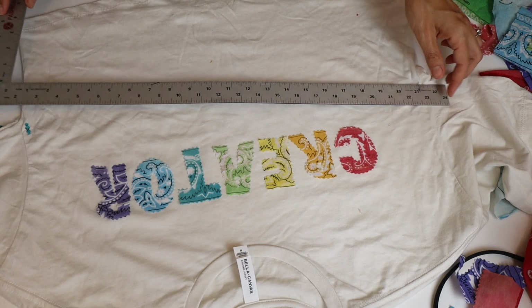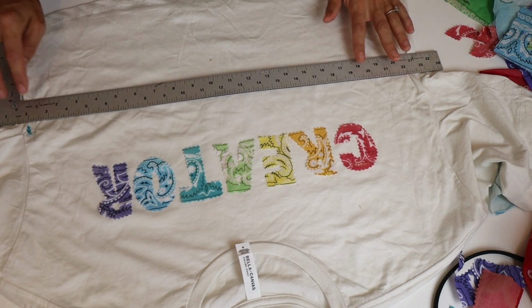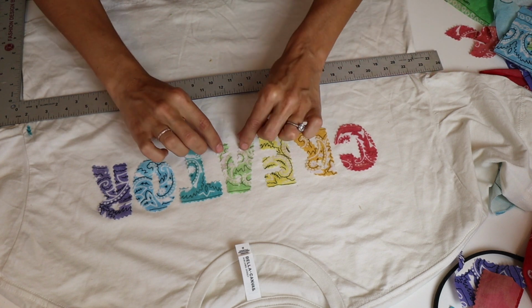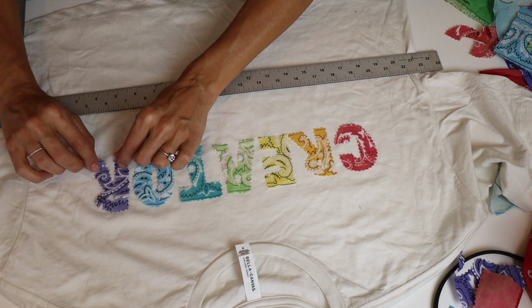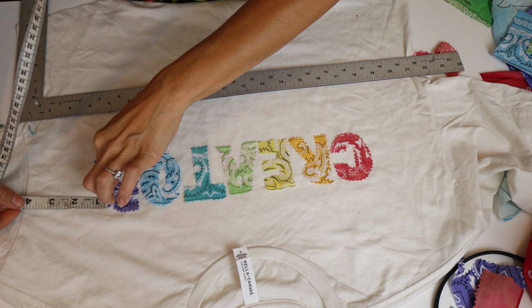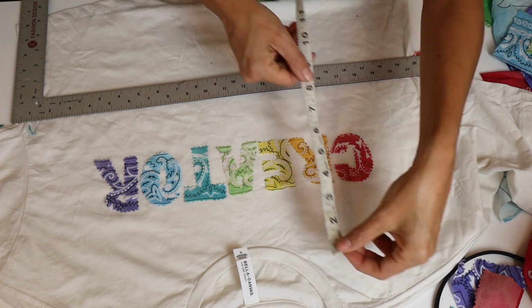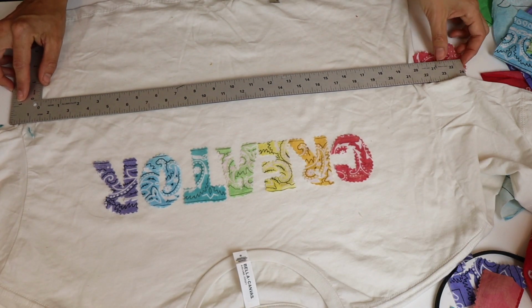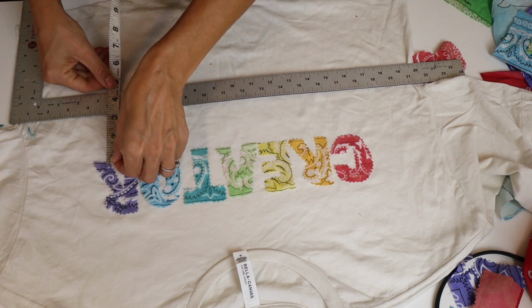I line up all of my letters and I take a ruler and I line it under the arm of both sides, the right and the left, and you can see I was a little askew. So I lowered everything on the second half of my word until that was all lined up. And then I'm gonna measure everything. I'm gonna measure how far I am from each of the armholes so that it's centered on my shirt. I'm gonna measure it from high point shoulder. And then I'm also gonna measure from my ruler, just making sure that everything is really flat